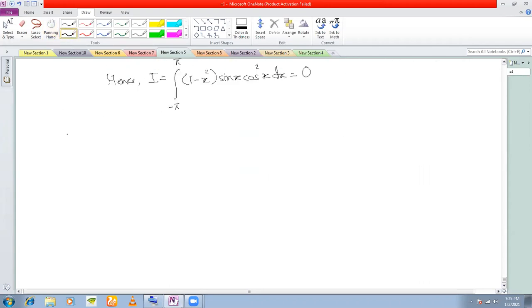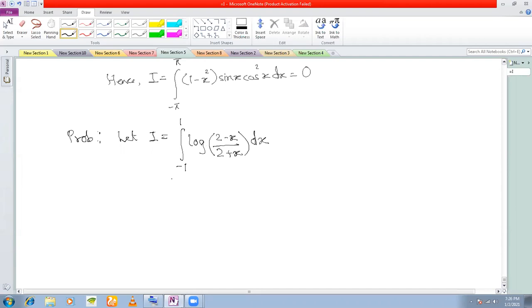Take one more problem. Let I is equal to the integral from minus 1 to plus 1 of log (2 minus x) divided by (2 plus x) dx. This is a very interesting problem because till now we have done only with trigonometric functions. Let us now check with logarithmic functions, and later I will show you an exponential function also and a mod function also. So let's see.